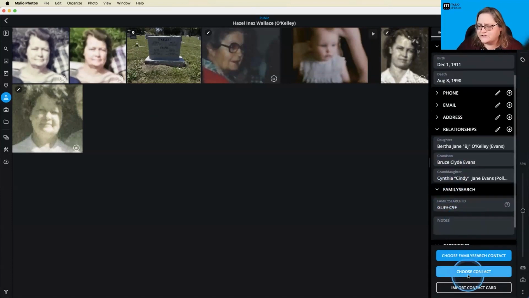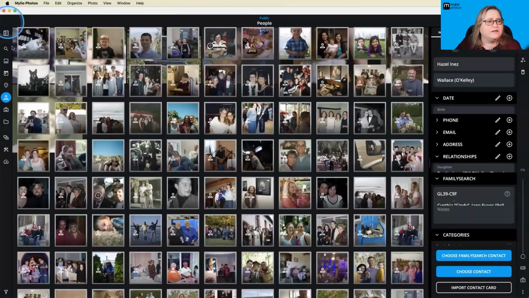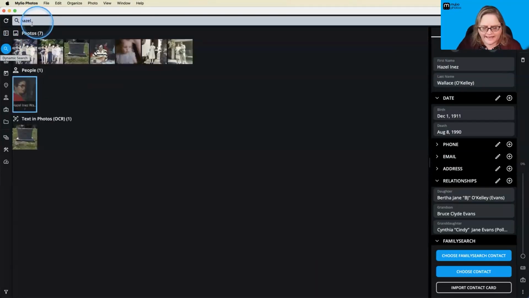Now, going down here and choosing a contact card or importing a contact card will just add additional information if I had it. Now, I mentioned my Mima is no longer with us. She died back in 1990, so she's been gone for quite a long time. But let me go ahead and go back, and I want to go back to my search, and I want to add a contact card